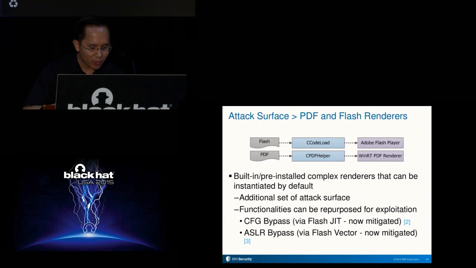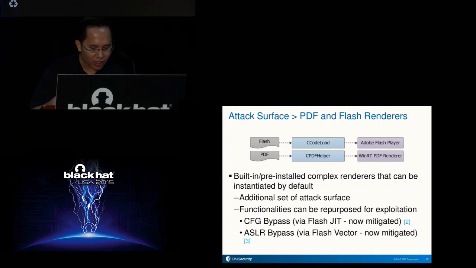Finally, though technically not part of the rendering engine and performing another set of complex parsing and rendering themselves, the built-in PDF renderer in Windows and the pre-installed Adobe Flash Player can be considered as just two of the many dependencies that EdgeHTML uses to render their respective file formats, because they are pre-installed and they can be instantiated by default. From an attacker standpoint, being able to instantiate additional complex renderers has certain advantages, such as one, these